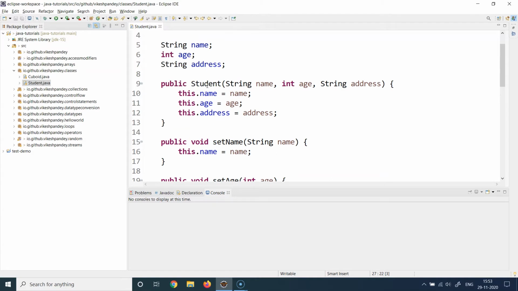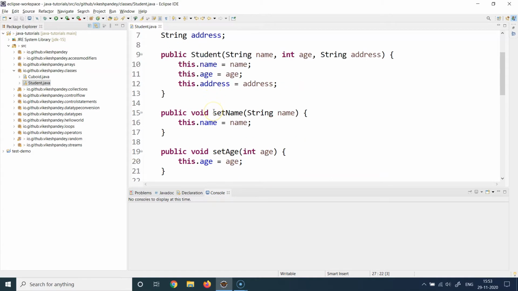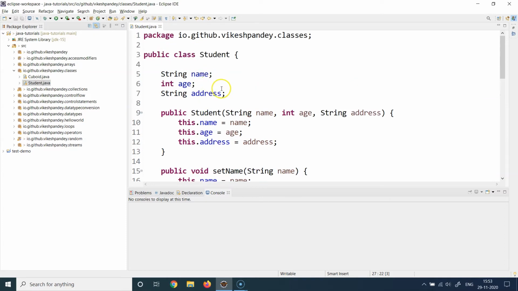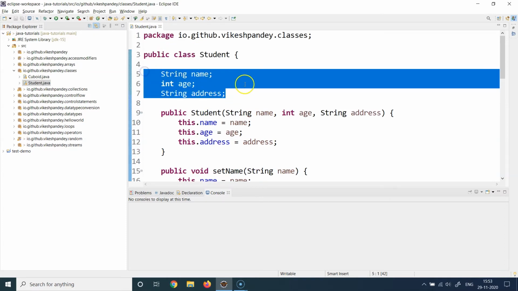It's not a compulsion. But if you write this way, your fellow developers and the people who are going to maintain this project in the longer run will be very happy. Otherwise, they will be very angry if you use strange method names, because this is the standard naming convention. So now you are going to write a setter method for each of the properties in this class: name, age, and address.